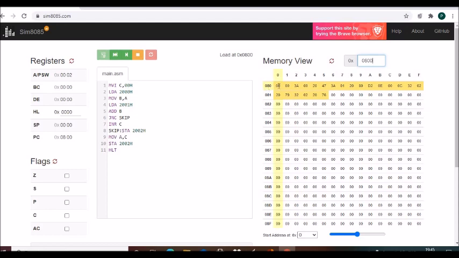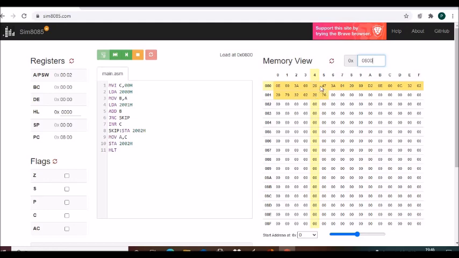See, at memory location 0800, this is 080, this is 0, so together it makes the memory location 0800. I have 0E loaded. What is 0E? 0E is the opcode for MVI C. Then at 0801, 00 is loaded. What is 00? The operand in the first instruction. So this is 2-byte data, 2 memory locations. First instruction is over. Then the second instruction, LDA 2000H. What is the opcode for LDA? 3A. Then 00 is the lower byte, 20 is the higher byte. So 3 memory locations are taken. This instruction is over.